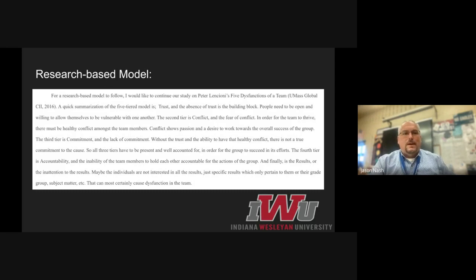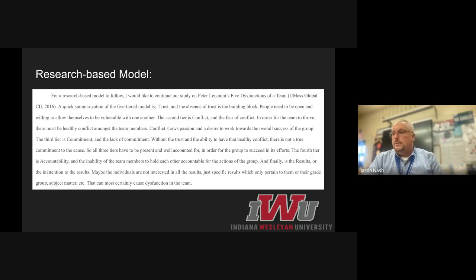The model that I would like to follow here would be the research-based model from Lencioni's 5 Dysfunctions. And again, I've been doing a lot of writing about Lencioni, and I think the reason I like it is because it's simple. There's 5 steps to it. We could watch the YouTube video that we watched in class. What was it, 1.5 minutes? Even the long video was only a few minutes longer than that. It's very simple to ascertain. It's very simple to talk about, and we can hash things out and build on that pyramid that Lencioni drew on the diagram.